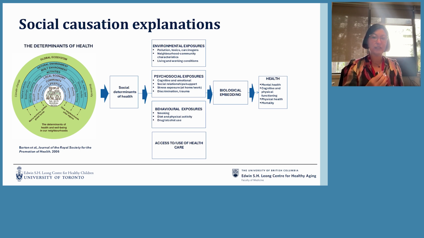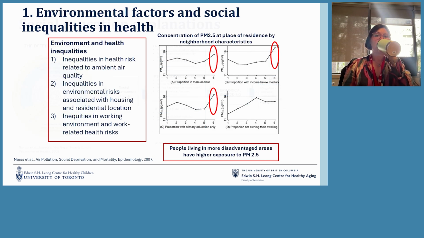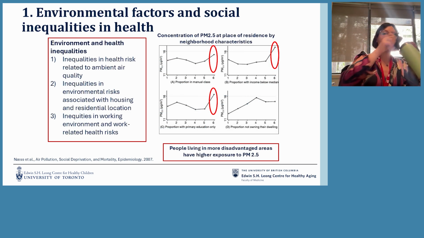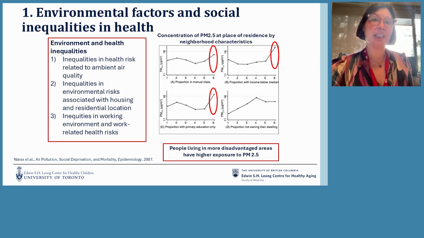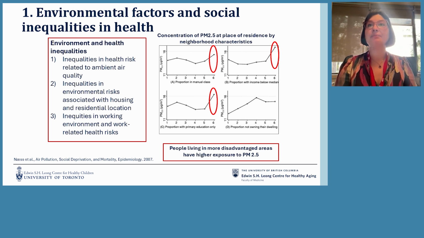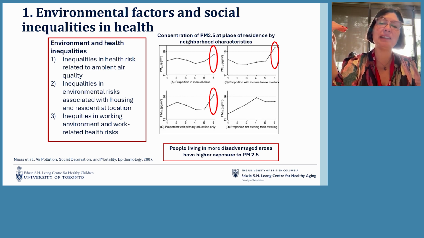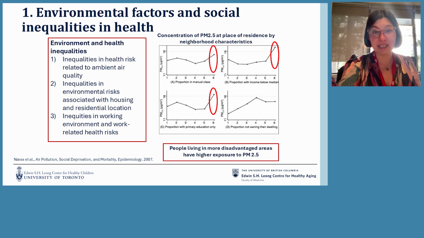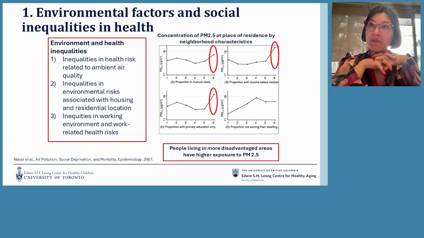For each of these factors, I will try to present some possible examples. And I will start from environmental factors and social inequalities in health. We know that there are inequalities in health risk related to ambient air quality, for example. There are inequalities in environmental risks associated with housing and residential location, and there are inequalities in working environment and